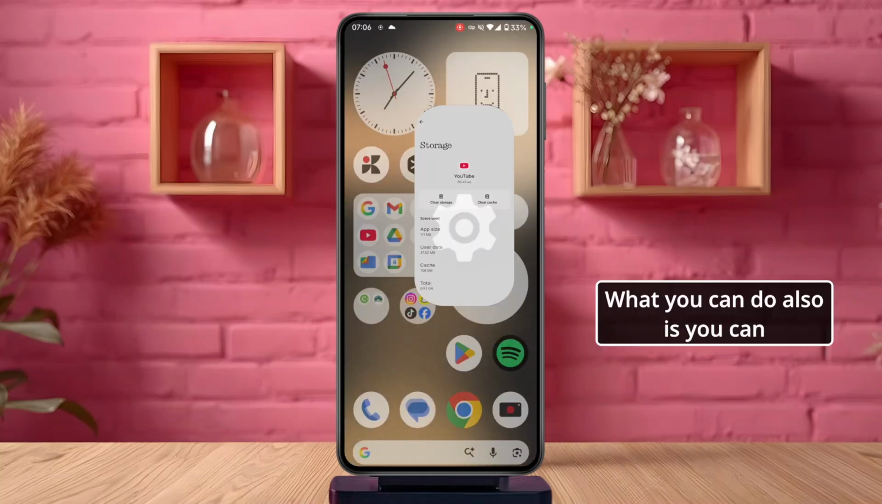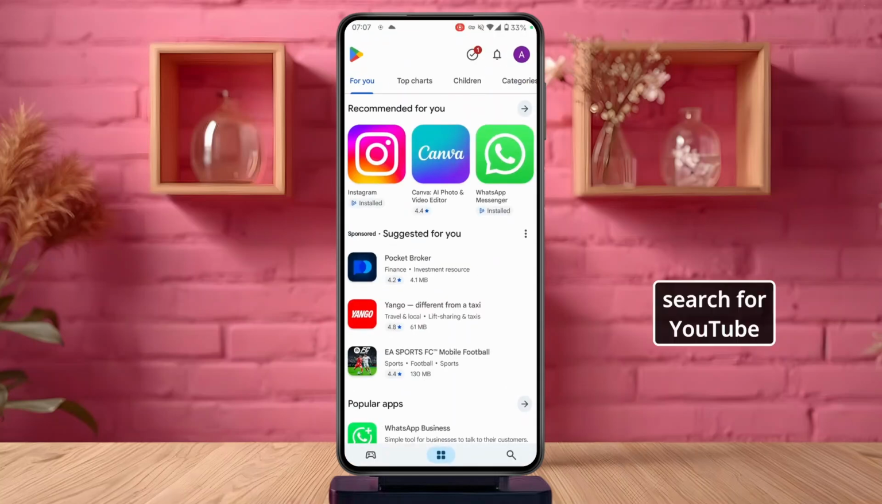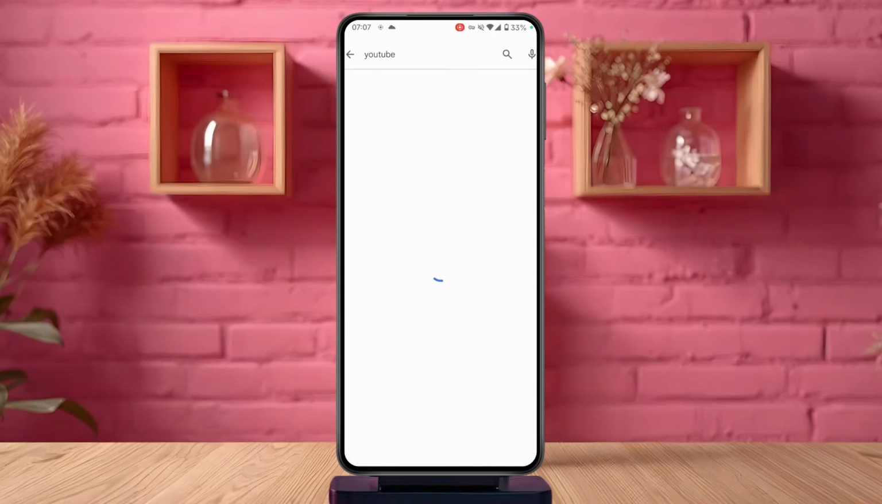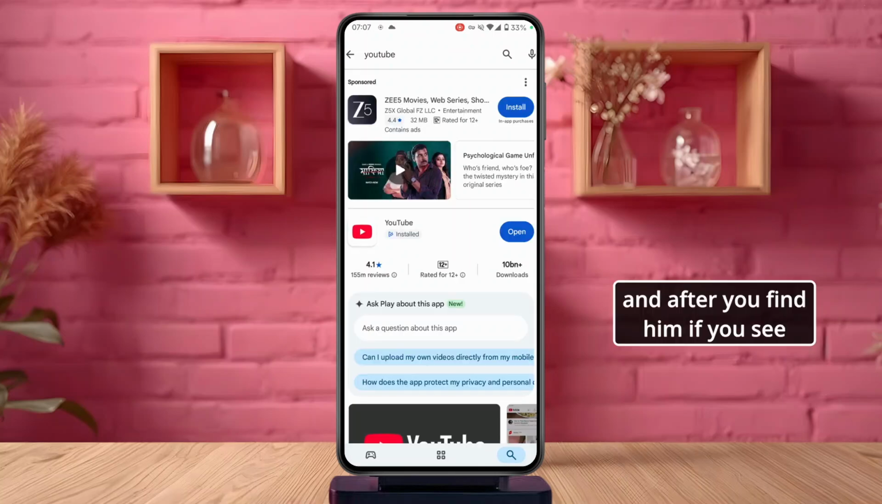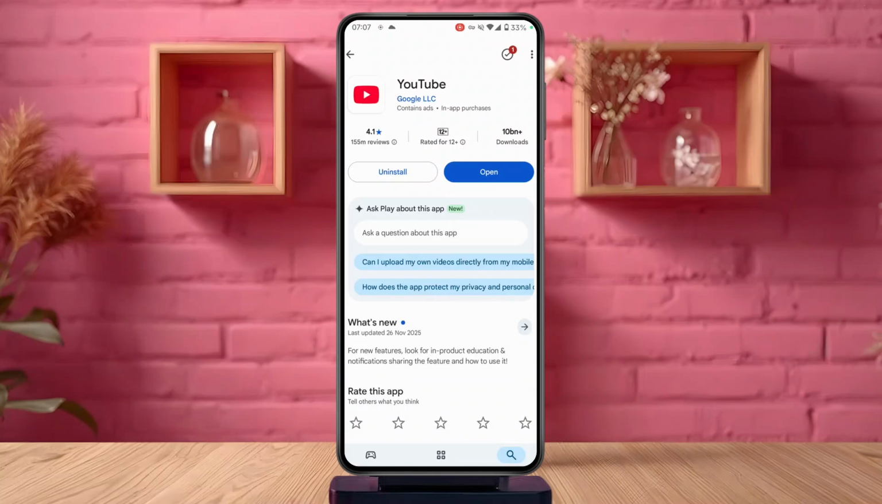What you can do also is head over to your Google Play Store, search for YouTube, and after you find it, if you see an update button available, tap on update to update the app. Doing those should fix your